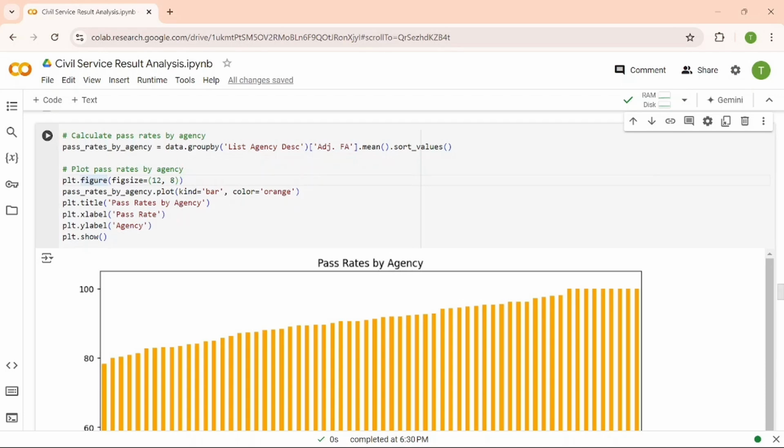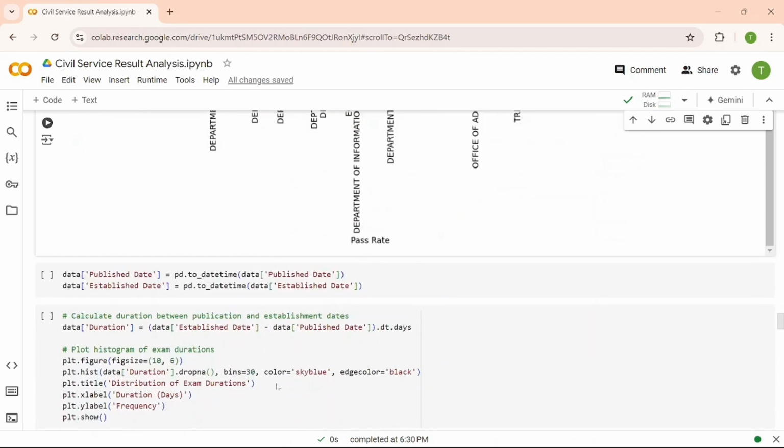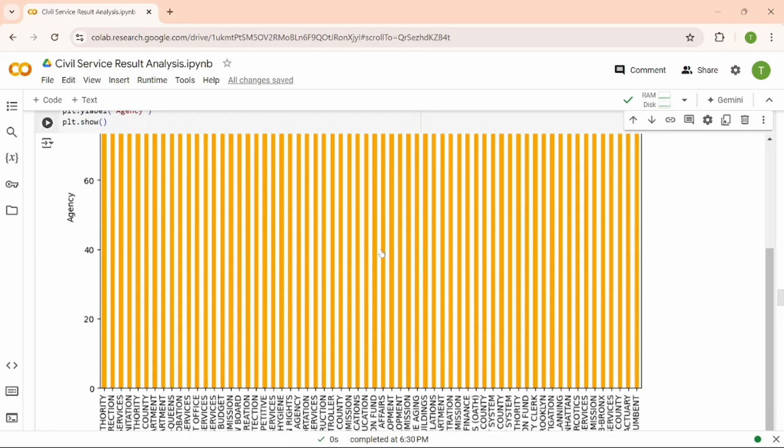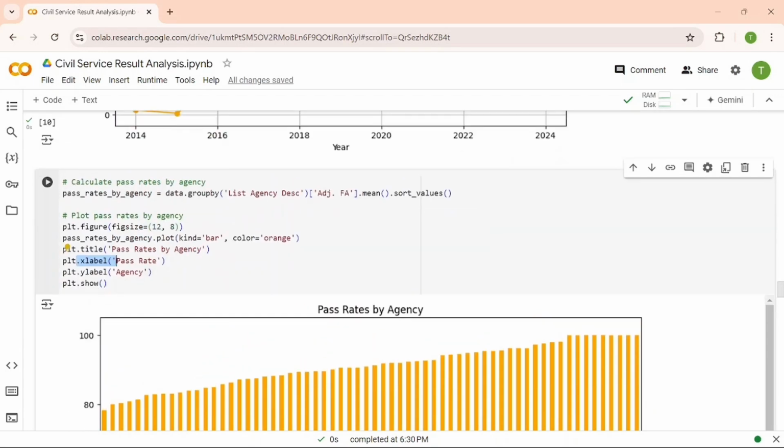And as with all the others, I'm just going to use this title function to place the title, x label to place a label underground, and y label as the agency here. Okay, so now